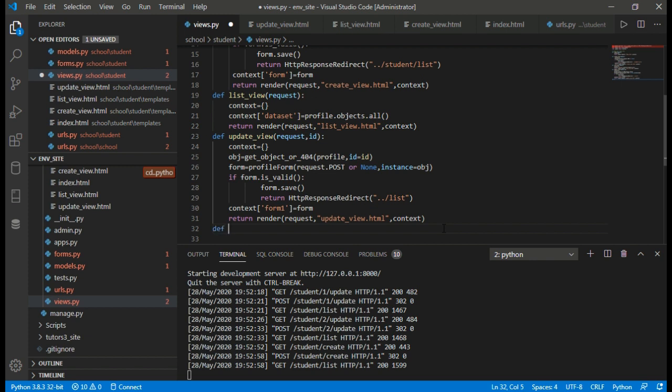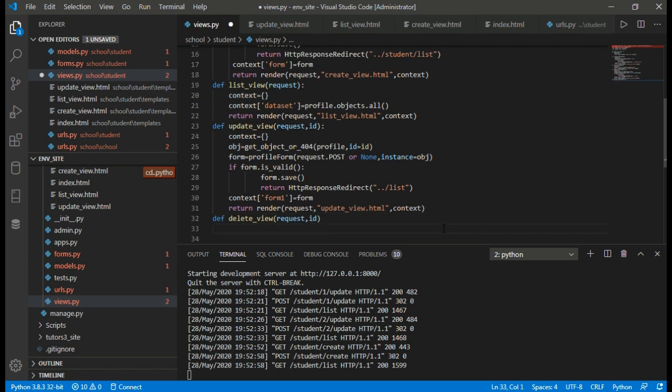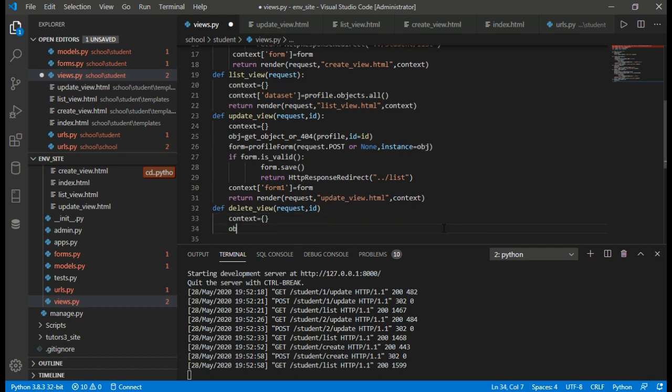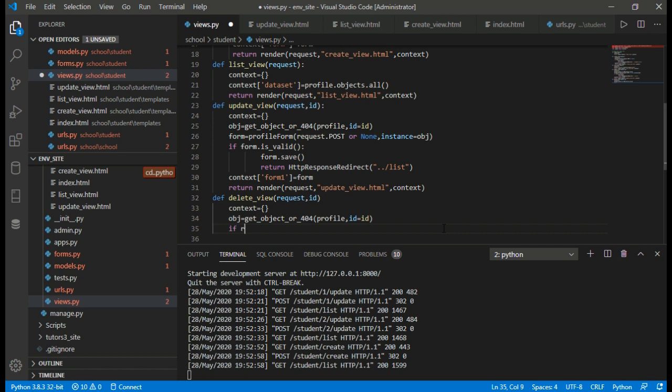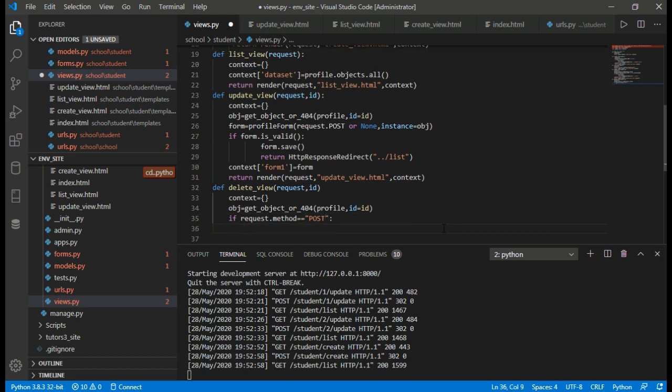In the delete we should have an ID: define delete view, request, ID, context is equal to, then we have obj is equal to get_object_or_404, ID is equal to ID.